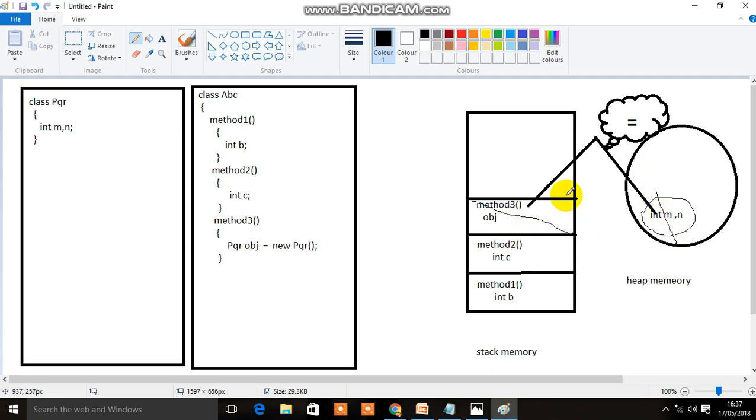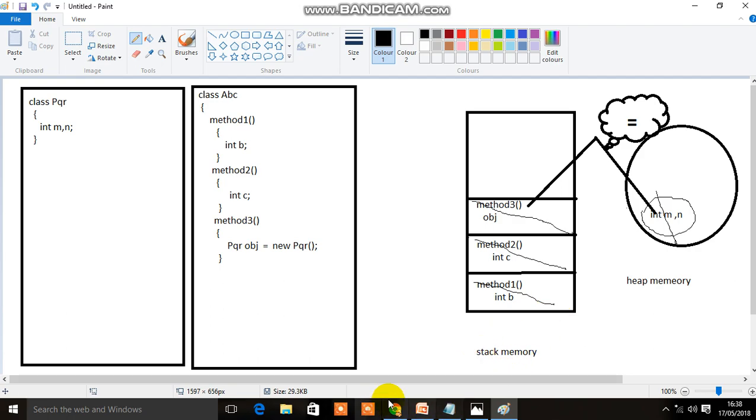So now there's no link, and there's no method 3, and there's no heap creation. Then method 2 is executed. Once it finishes execution, this also gets popped out, and finally method 1 also gets popped out. This is a general scenario of what actually happens in memory.